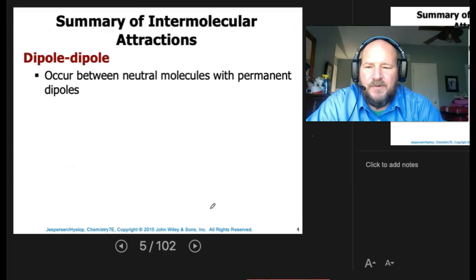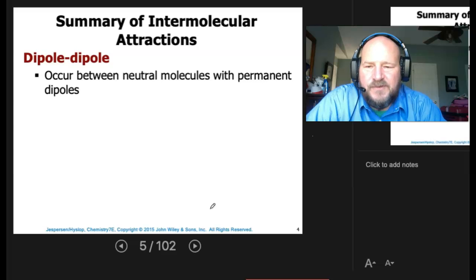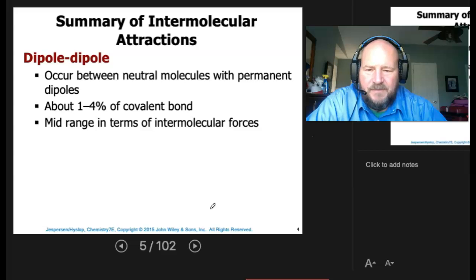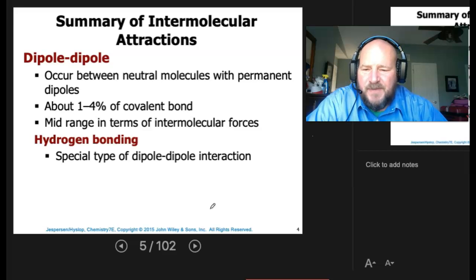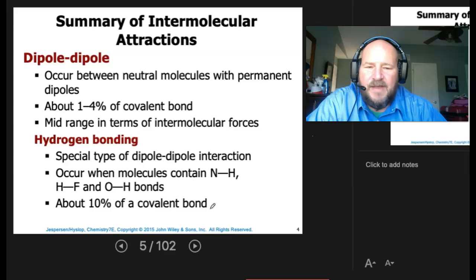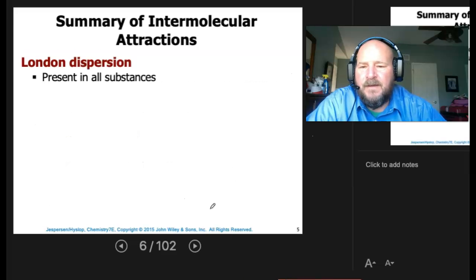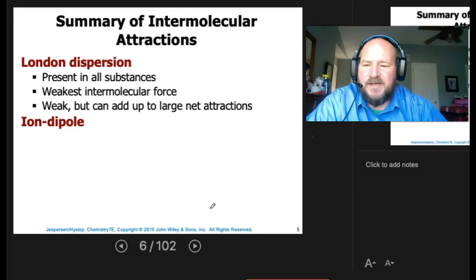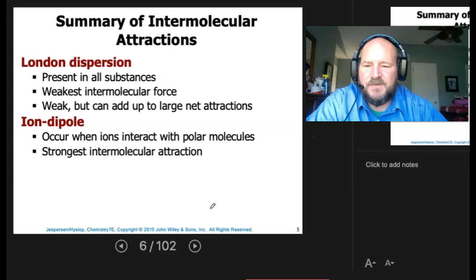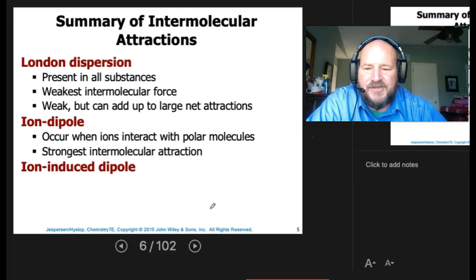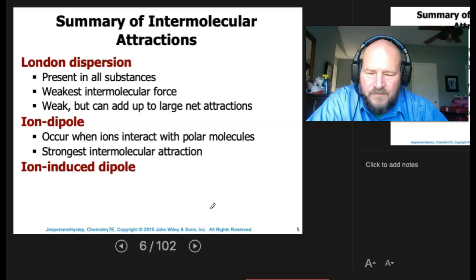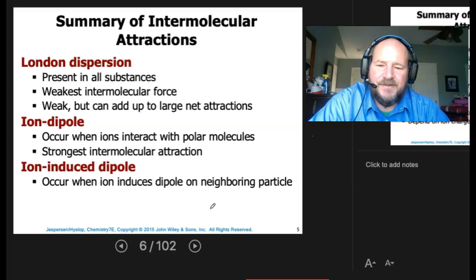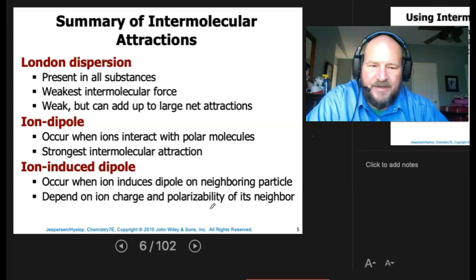So a dipole-dipole interaction occurs between neutral molecules with permanent dipoles. It's about 1 to 4% of the strength of a covalent bond, mid-range. Then we saw hydrogen bonding, a special type of dipole, which was about 10%. Dispersion is present in all substances, and it's the weakest. The ion-dipole occurs between an ion and a dipole. This is the strongest of all of the attractions. And we just talked a little bit about an ion-induced dipole, when the dipole is induced by the ion rather than by a second